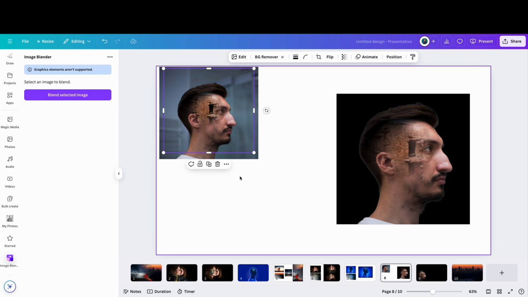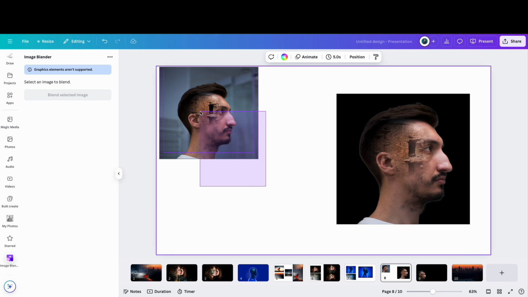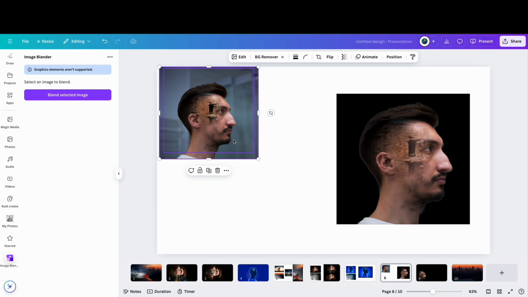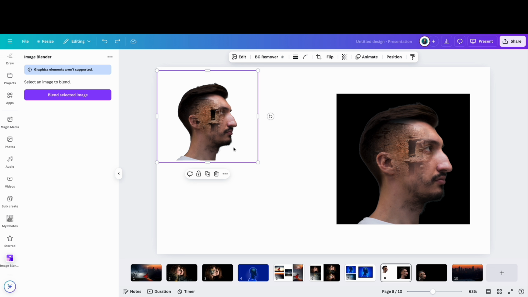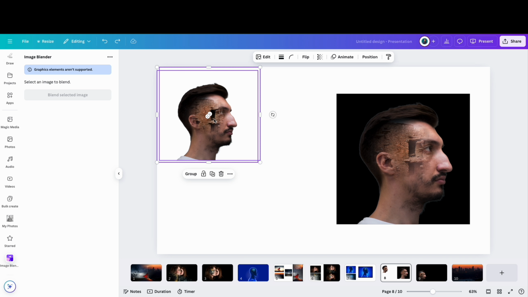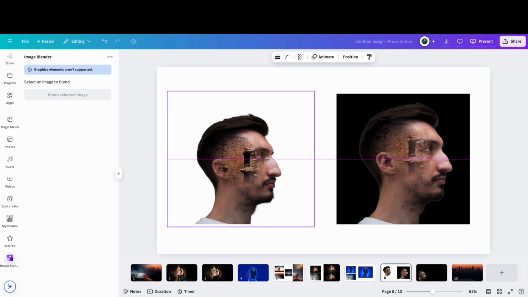Once it's done, then double click on it and you can make it a group. So if you want to remove the background of the image, then click on the main image. The background is removed, then select both the images and you can make a group, so it will become one image, and then you can use it wherever you want to use. So this is the first thing that I